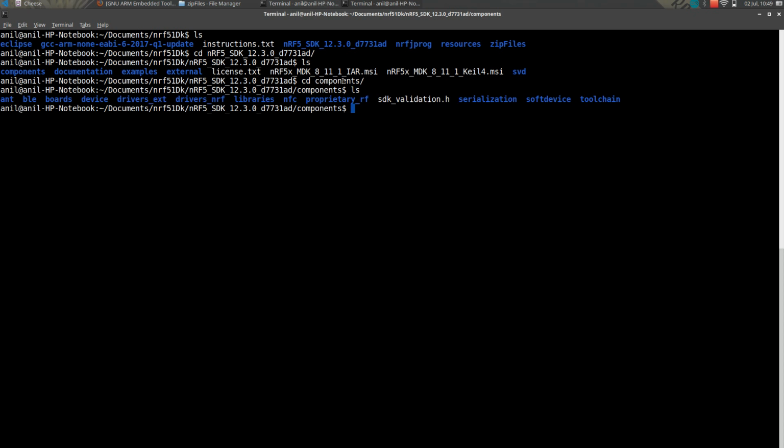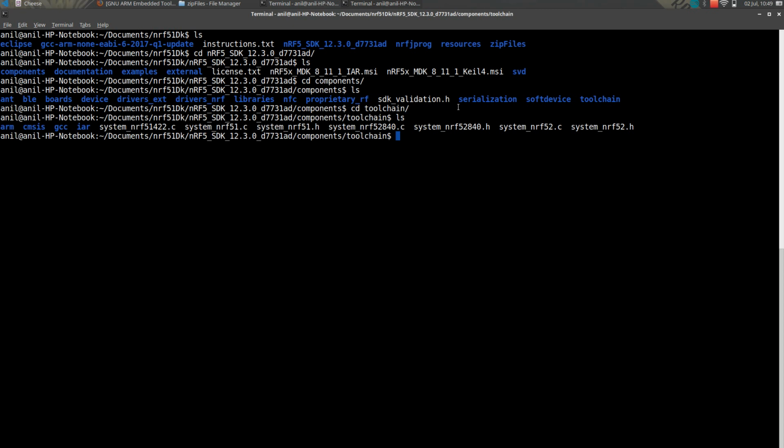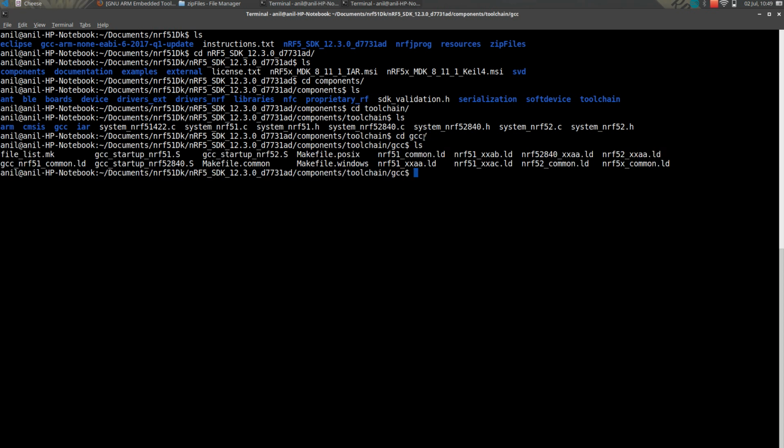In components there will be different folders, and we need to go into toolchain, which enables us to run this NRF SDK. So go to toolchain, and in toolchain you can find ARM, GCC, IAR, and CMSIS. Right now we are focusing on GCC. So go to the GCC folder here.